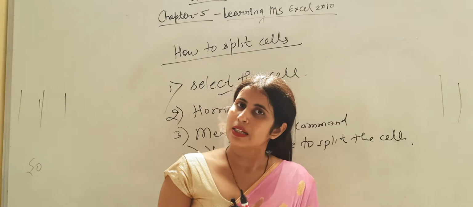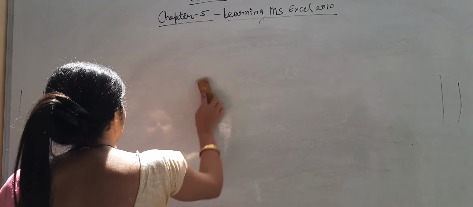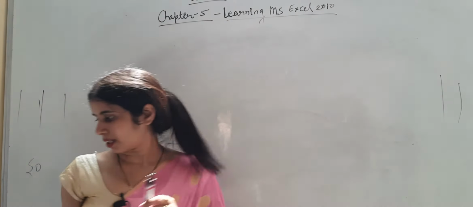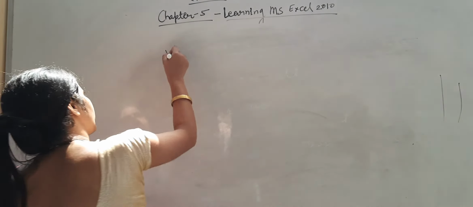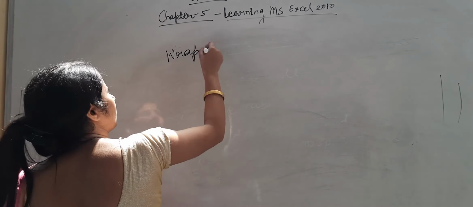Okay. Now next is wrap text. What is wrap text? What is wrapping? When we have a gift and we wrap it with colorful paper, it is wrapping, meaning combining. We are binding it. It is known as wrapping text. Wrap text is used here.